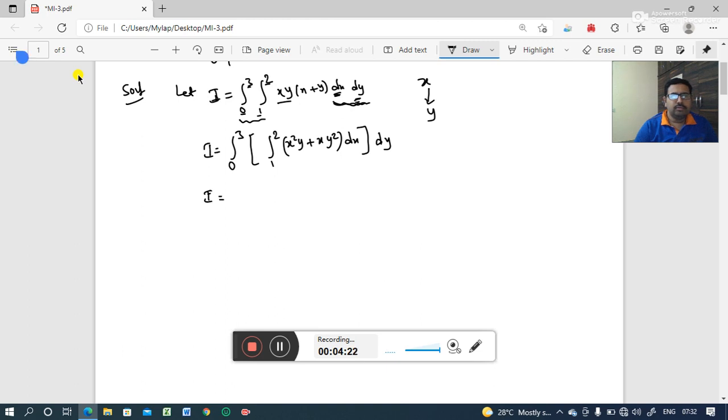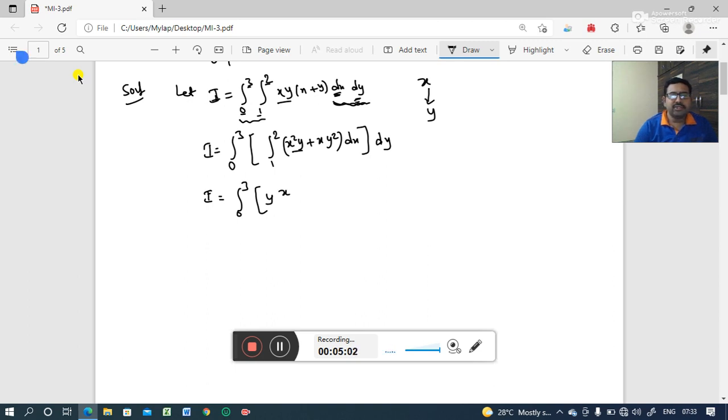So in the next step, I is equal to integral 0 to 3 as it is, then integration of x square y with respect to x. Here you try to remember one thing: when you are going to integrate with respect to x, you are treating y as a constant, that is, y terms are constants, while integrating with respect to y, x terms are treated as constants. So here y is constant because your first term is x square y. Here you treat y as a constant